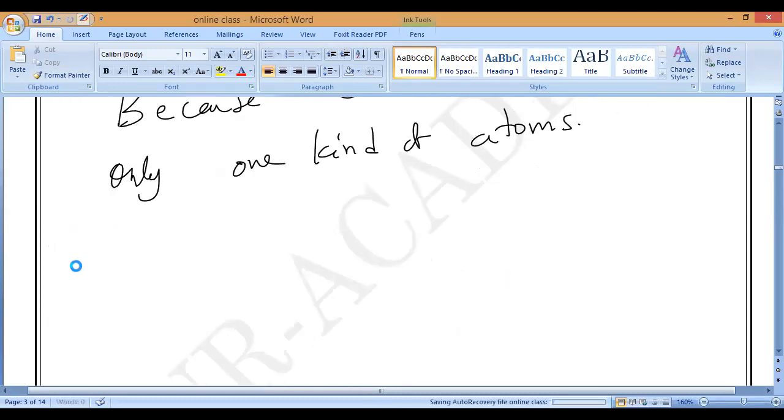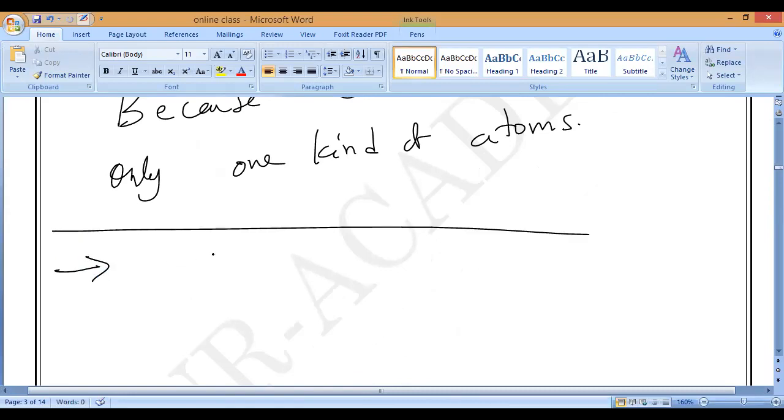Now, can you form the definition of elements again? From this, I can say an element is a substance which is made up of only one kind of atoms. You don't need to say a big definition, Monesh. Every time you can change it. Understanding? A simple definition you can write. An element is a substance which is made up of only one kind of atoms. If you want, you can remember this also.